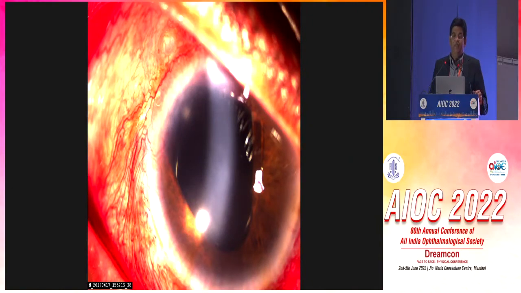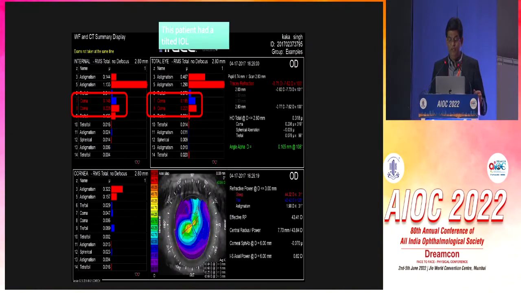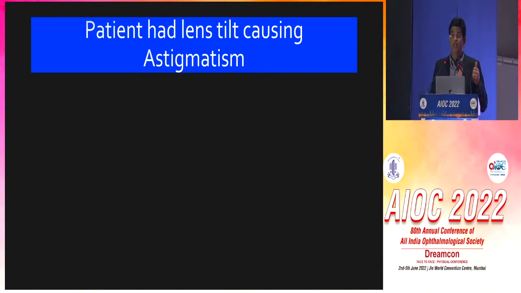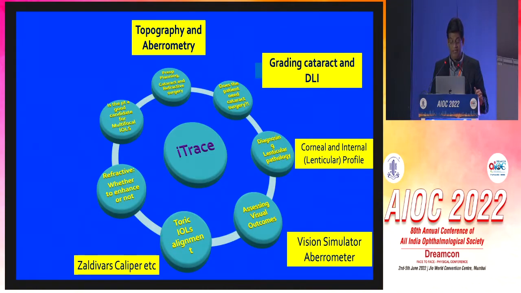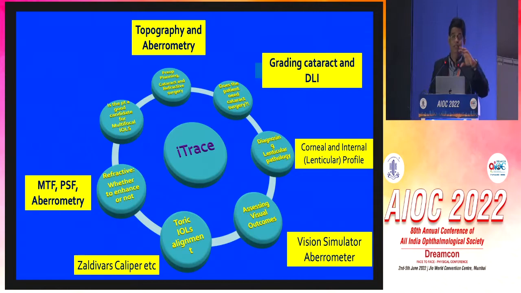Patients of scleral fixated IOLs, just a patient showing dissatisfaction with vision, and just by doing the iTrace, we can see that the patient has a significant coma and a lens tilt, which was causing the astigmatism. Toric IOLs, I'll not be going into detail because of the lack of time, but it does have a toric planning system, including the Zaldivar calipers, and even for misaligned toric IOLs, it's very good to help us align the lens in the